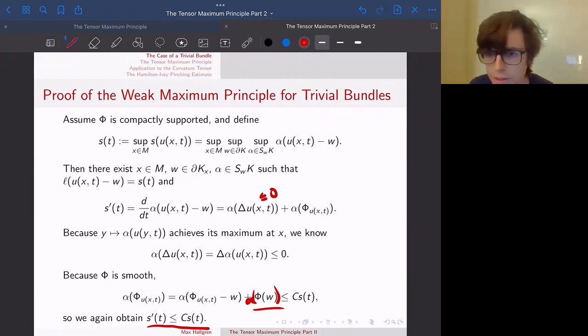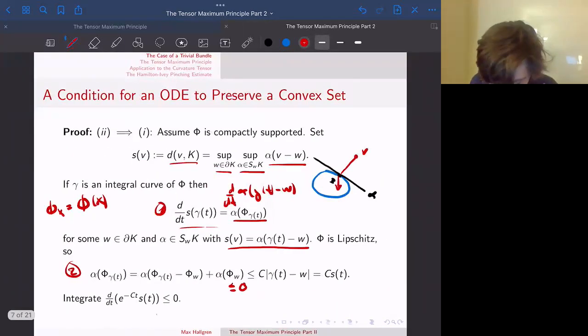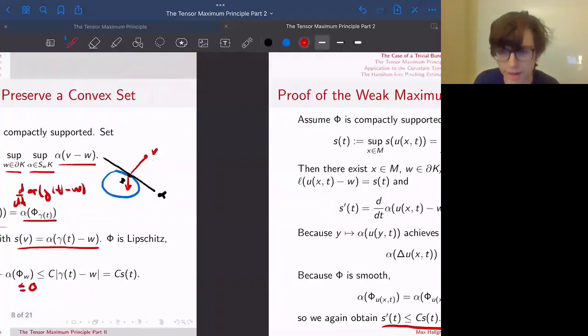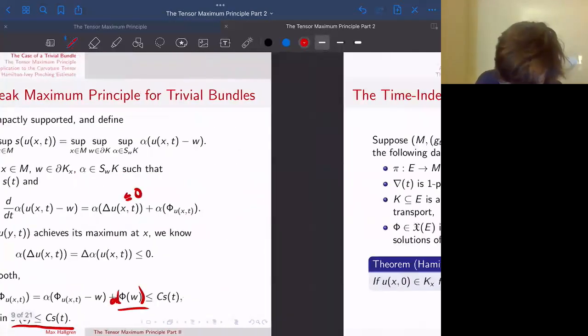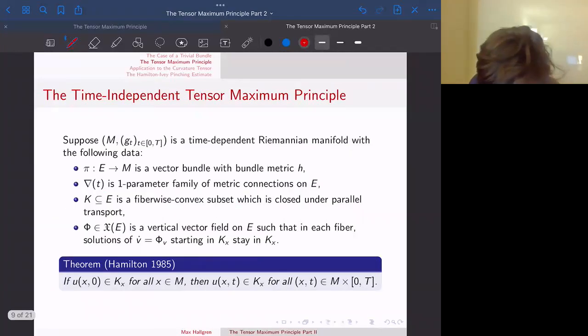Okay, so this is mostly following the exposition in Hamilton's original proof, where the idea is to first consider this ODE case and just add one layer of complexity each time. So the final layer is when we have a time-dependent Riemannian manifold, which in our case will be a Ricci flow. And we're going to consider